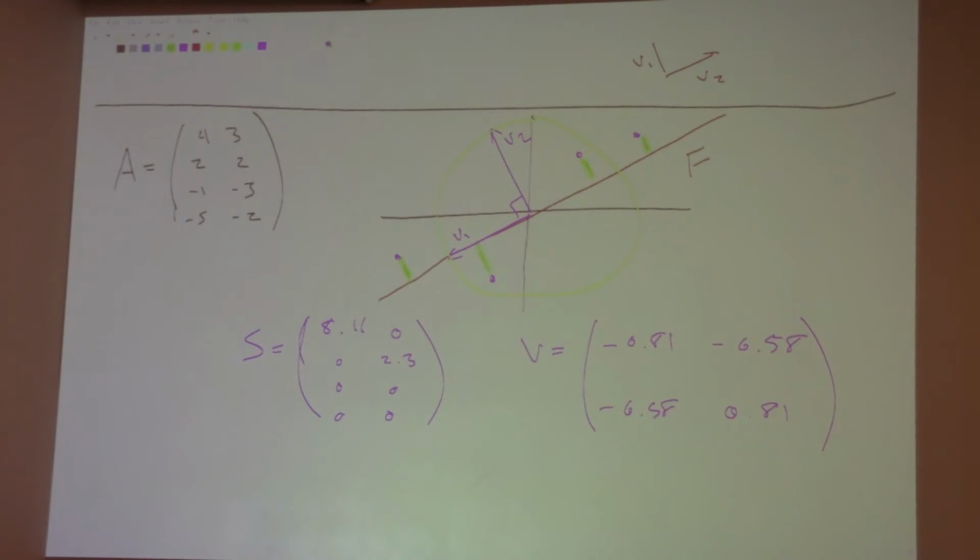Okay, and so when you think about this, one thing that's useful to do is now let's look at some data point x right here. Okay, so let's call this x,